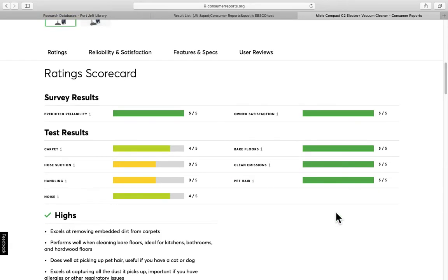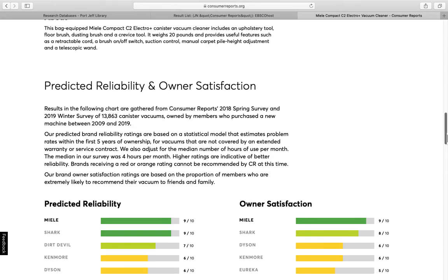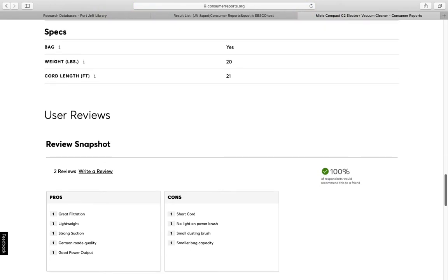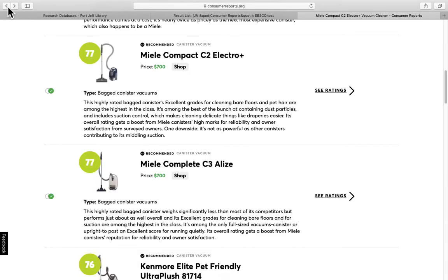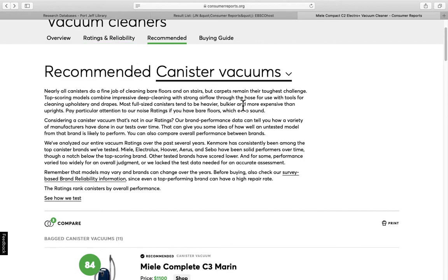If you click on ratings, you can see how they did in each of the categories. You can see the good things, the bad things, what Consumer Reports thinks about them. They give you quite a lot of information here, including the specifications of each model. So let's go back up to the top. Let's just go back into the ratings and reliability section. So if you click on that,